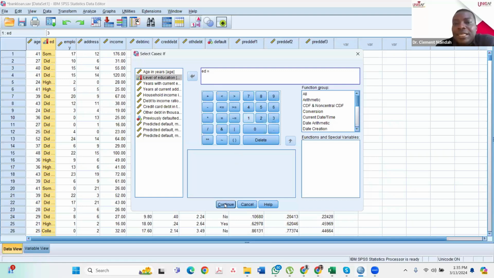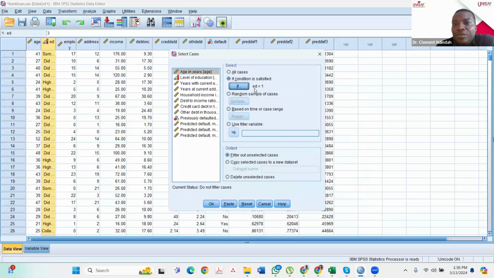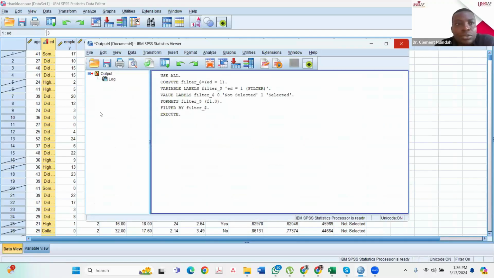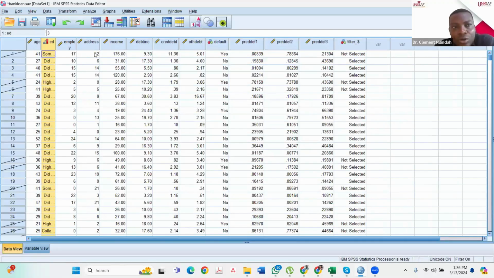When I click that and click Continue, you will see it appear here: level of education, ED, has been selected. We want to select just those cases, and we'll use any case if the level of education for that case is 1. Once you click OK, you see that you have canceled out all